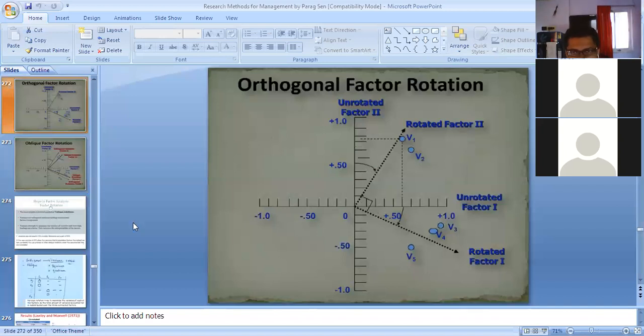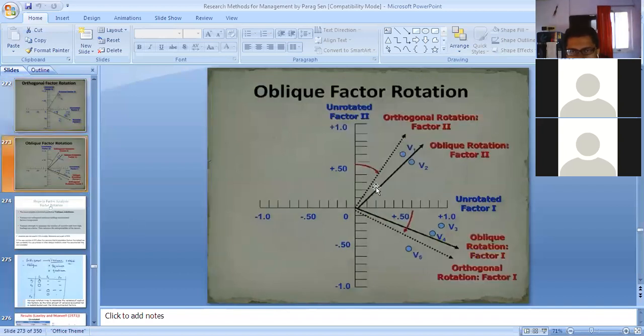But in the case of oblique rotation also, mathematically you can prove that the originality is not lost even if they are not 90 degrees. The originality of the data is also not lost.